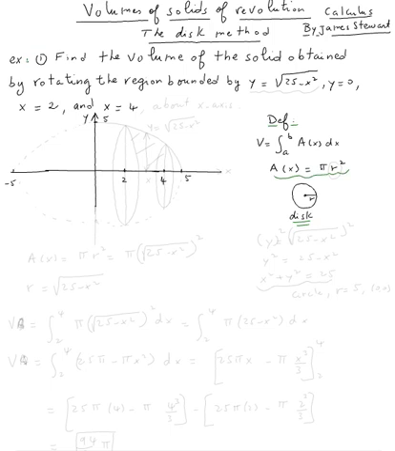So let's illustrate using this example. Find the volume of the solid obtained by rotating the region bounded by y equals the square root of 25 minus x squared. So first let's graph y equals the square root of 25 minus x squared. By the way, if you square both sides, you get y squared is equal to 25 minus x squared. All I did was square both sides, and then move the minus x squared to this side, so you get x squared plus y squared equals 25. So this is a circle